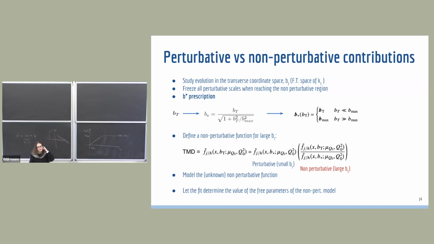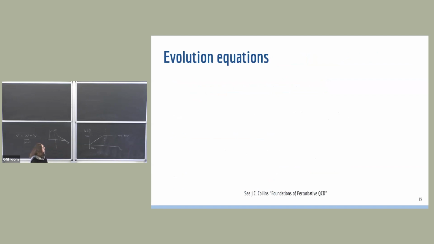One of the easiest models you can make is a Gaussian, and this is a model that Andrea will use in the code that he will show you in a minute. So you run a fit and you let the fit determine the value of the free parameters of your model, of your Gaussian, for example. Now,